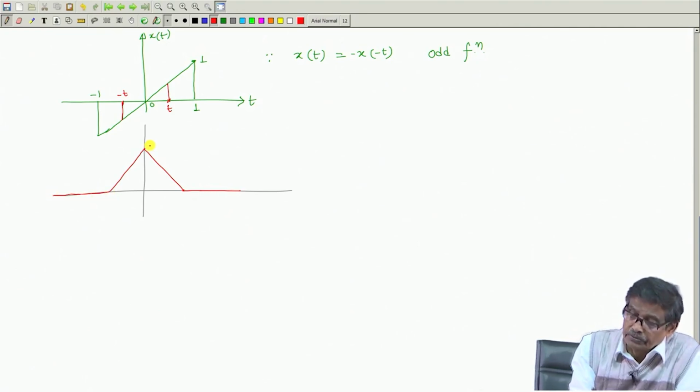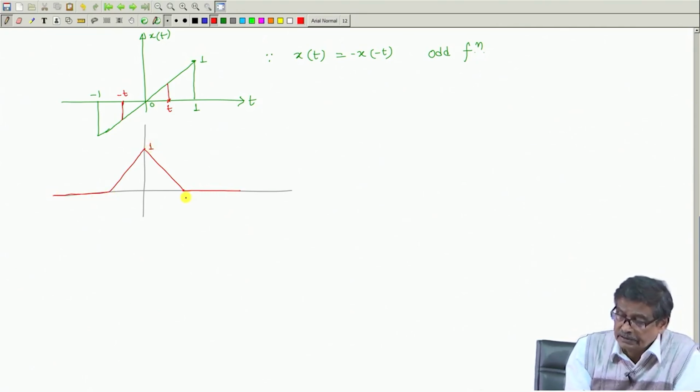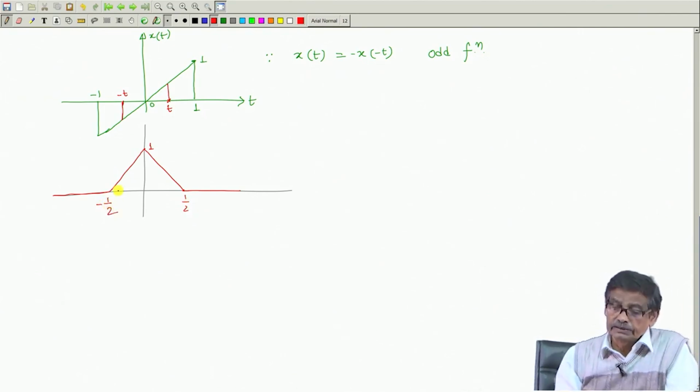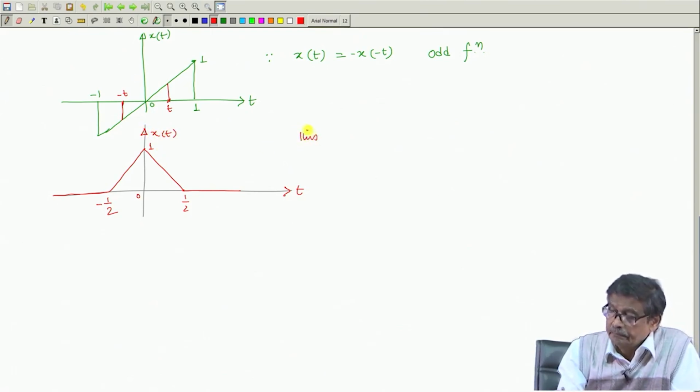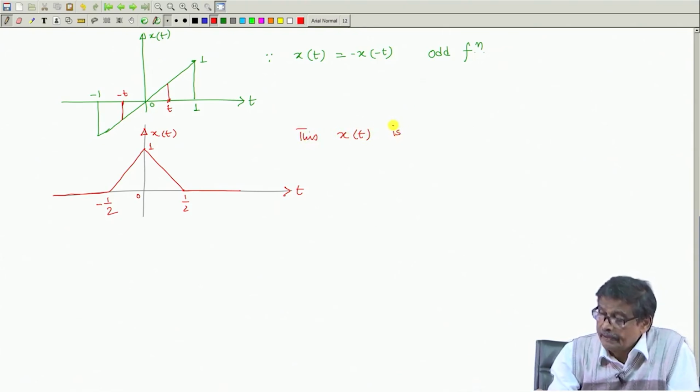This is suppose 1, this is half, this is minus half. Suppose it is a function like this. Whatever is this function, that function I am calling x(t). This x(t) is an even function,